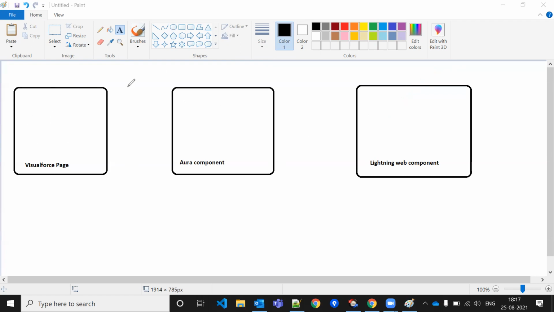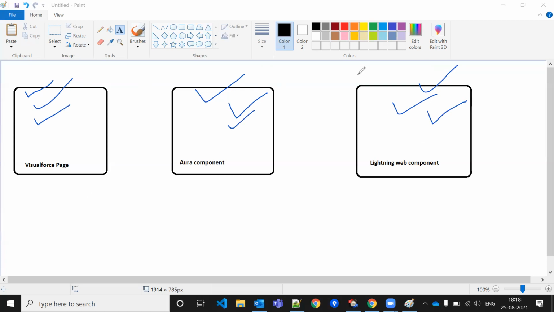So in the Visualforce page, whatever limitation we have, first of all, it existed before 2014 and after 2014, and still it is going on. But nowadays, most of the work is done by Aura or LWC only. Visualforce is old. Aura is a little new, and LWC is very latest, from 2019 only. So in this one, another technology candidate working on it would find it very problematic, and this is less problematic, and this is very less problematic, like a third party person can work on that easily.